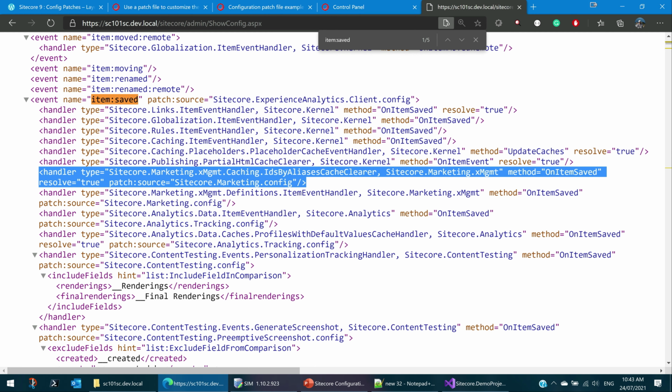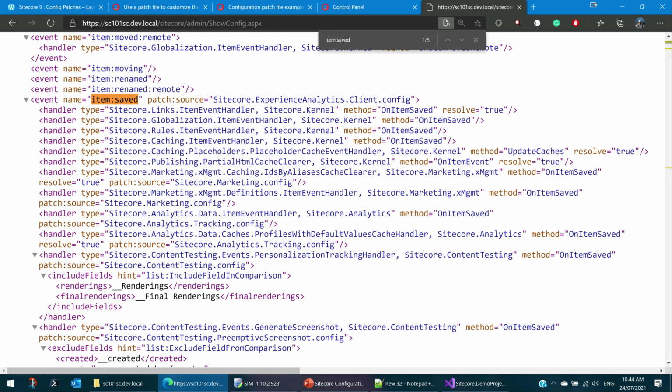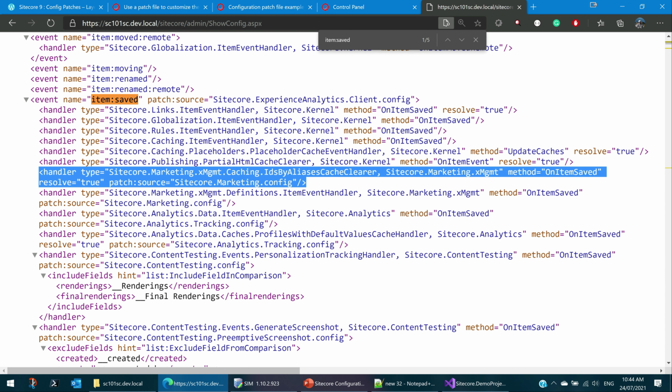So that is what we meant by configuration, and we can customize this whichever way we want. If we want to replace this whole thing with our own custom code, we can replace it. If we want to execute something else instead of this, we can do it. We can completely delete it, modify it, or update it. All these operations we can do with custom configuration files.